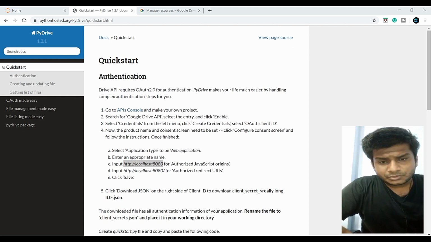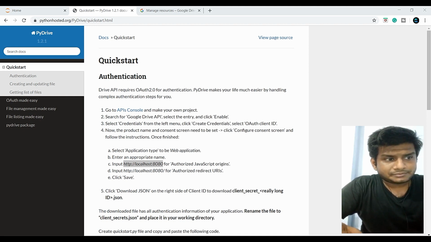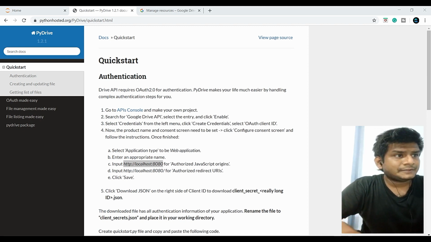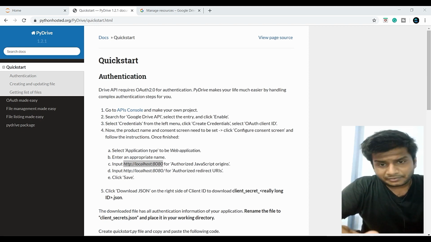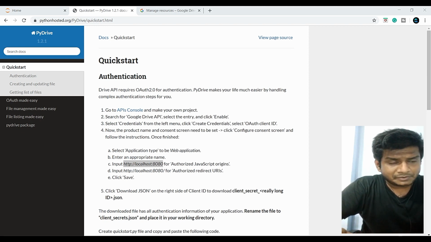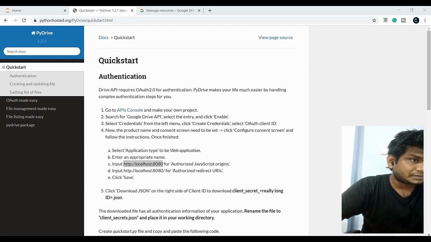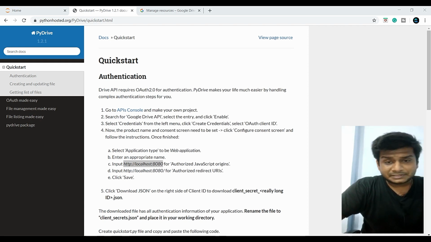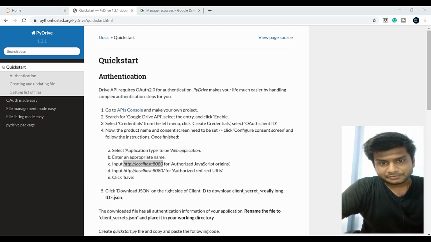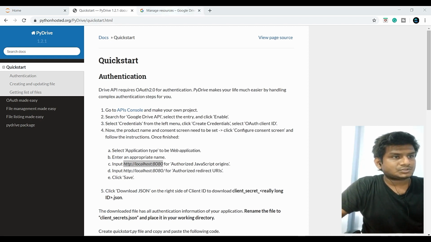Step 1, create Google Drive API. Here you have to do a couple of things. One is you should have a Gmail account. Second, you will be needing PyDrive, which is a package that we'll be making use of, which makes our life much easier in order to handle the complex authentication steps. Previously, this was a really lengthy process. Now it has been reduced thanks to PyDrive. So I'll show you how to even install PyDrive in a virtual environment. But first things first, let us go to